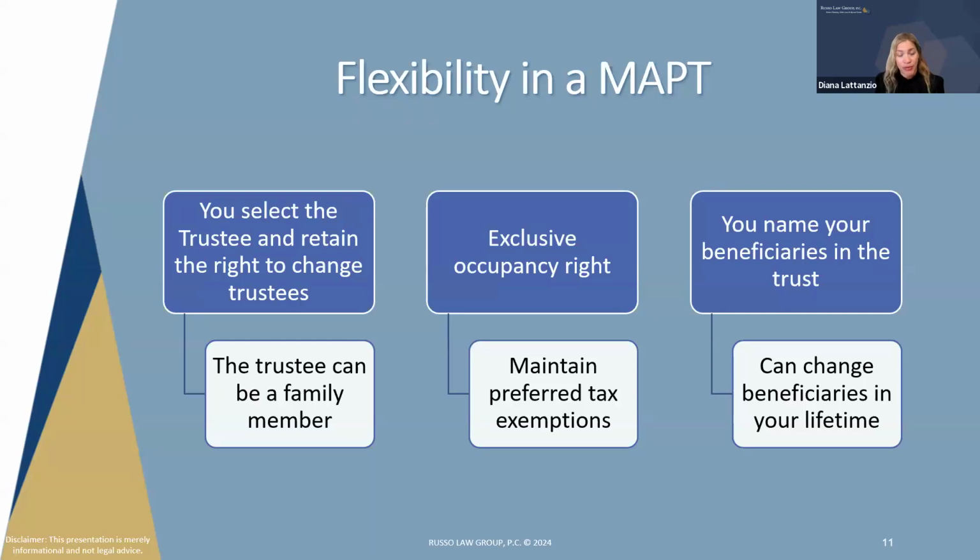Also, if you're placing your primary residence into this trust, it can be scary because you're not owning that property anymore in your name, but you are reserving an exclusive occupancy right, which means you can live there the rest of your life rent free. You hear these horror stories that children are evicting parents and the parents are homeless or have nowhere to go. That's never a risk here. So you have the protection that you can always live there the rest of your life. You can always still qualify for any of your preferred tax exemptions, such as senior exemption or enhanced STAR, because we don't want you to pay higher taxes unnecessarily.